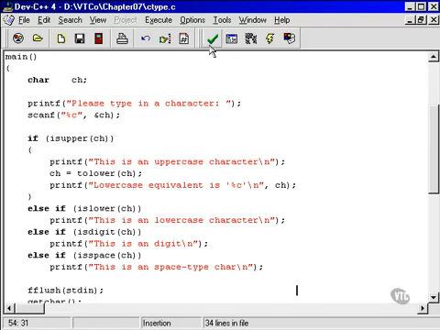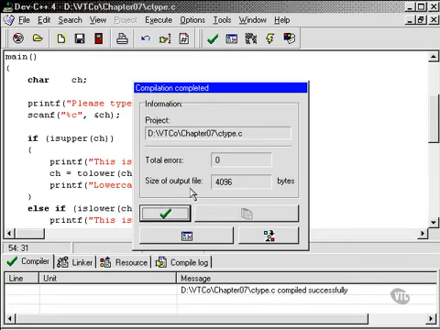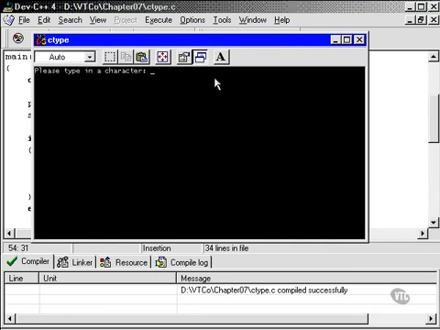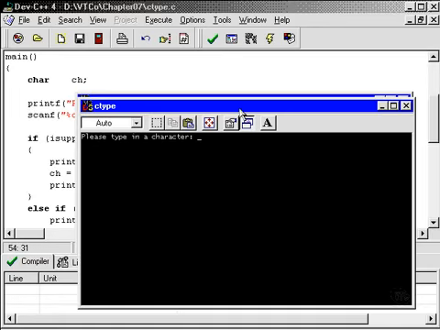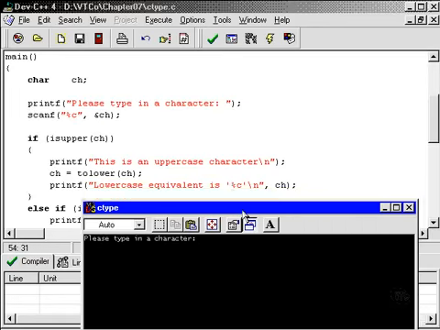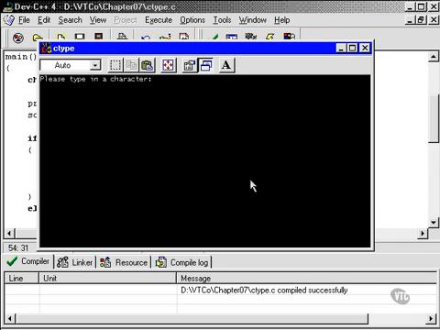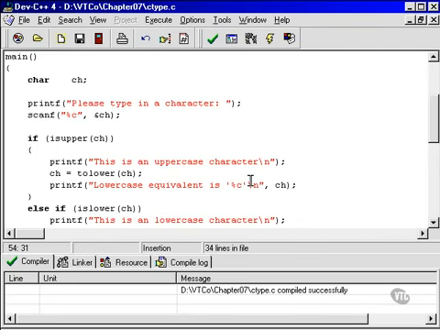Okay, let's see if that runs. And run. Now, for that bit to be tested, we'll actually have to type in an uppercase character. So we'll type in the letter D. This is an uppercase character, lowercase is lowercase d. Very, very nice. Okay, so there's nothing tricky about any of this. These are very, very simple functions. So that's all I'll talk about on that topic. I think that's the end of this chapter. Let's go and have a look